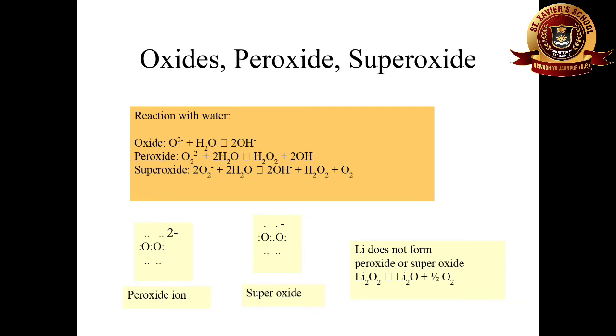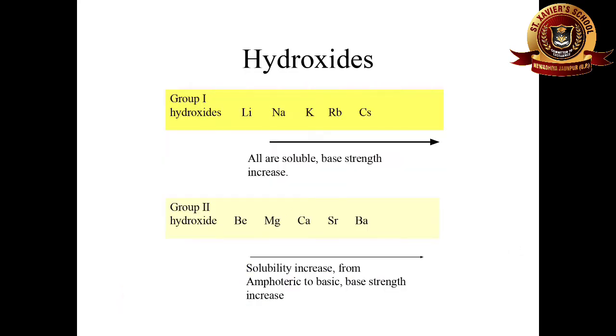Now, what are hydroxides? Hydroxides are mainly basic in nature. Now, we will discuss the solubility of hydroxides. As we know, if we move from up to down in a group, the size of the elements increases. That's why they produce hydroxide ions easily and solubility increases. So we can say that the solubility of hydroxides in groups 1 and 2 decreases from down to up and increases from up to down in any group.